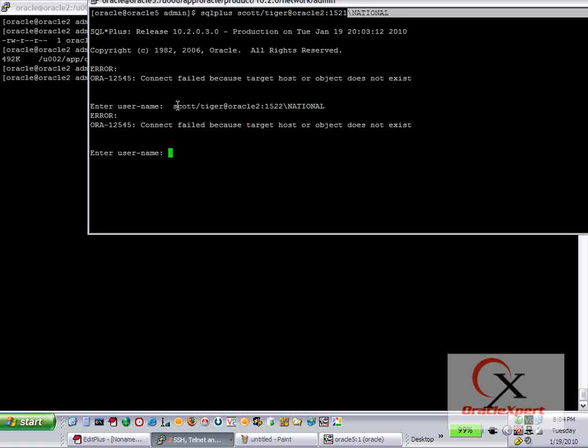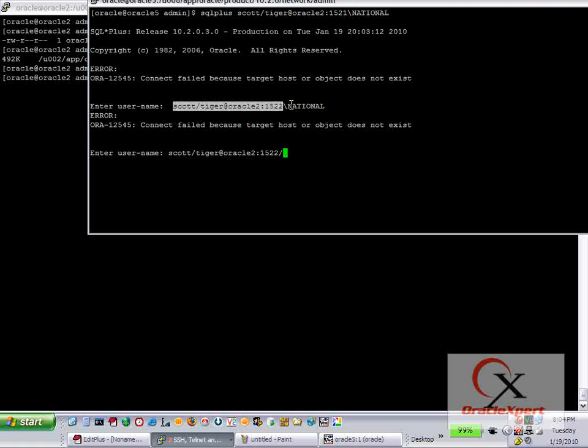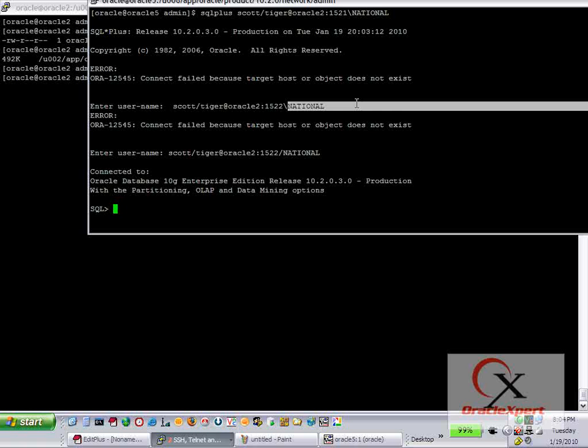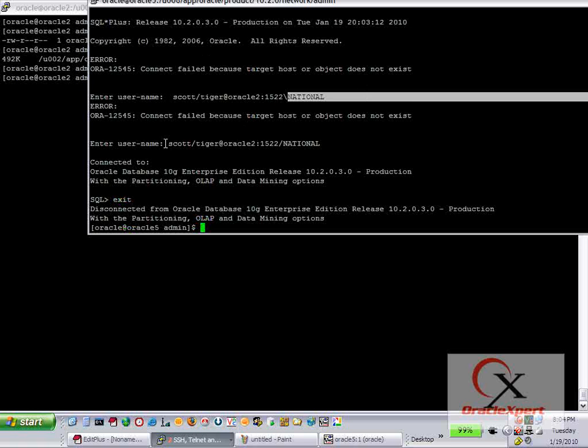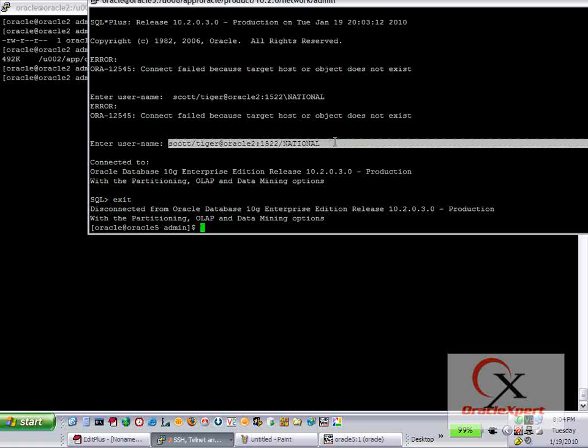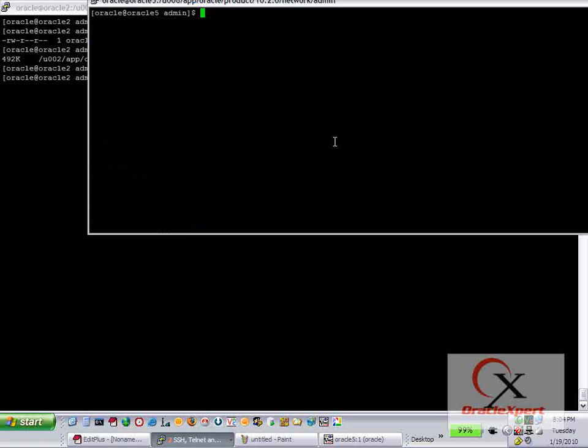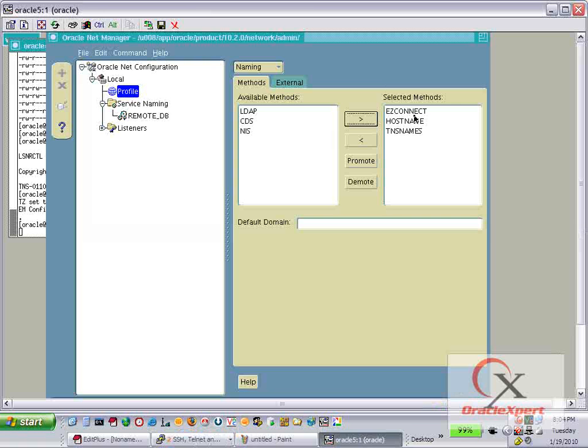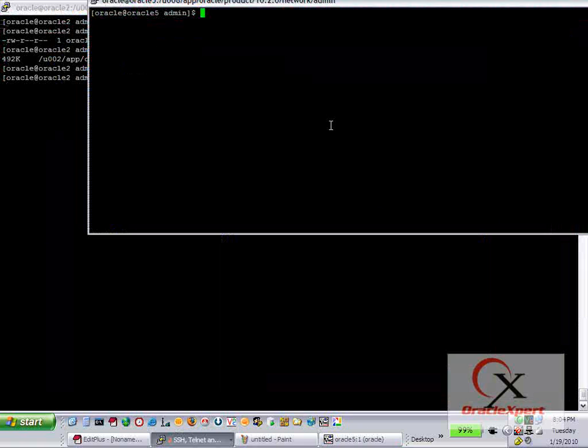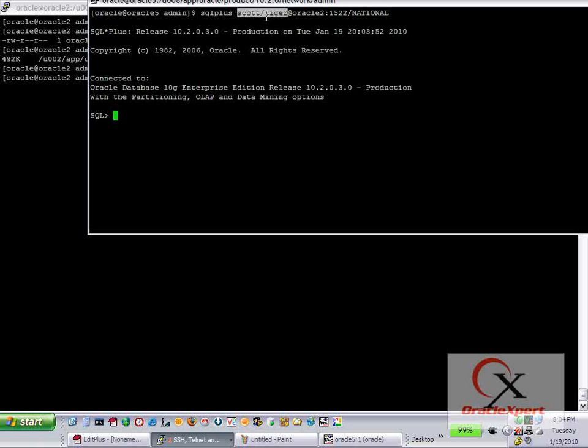Still I believe there is a slash issue. This slash should be this way and this is out. So clients can still connect even if they don't have the TNS names provided in their file, as long as they have selected the Easy Connect option. In my profile I have Easy Connect. Easy Connect means no configuration is required. Clients can directly connect by simply saying sqlplus username/password@hostname:port number/the name of the database. Similar way,